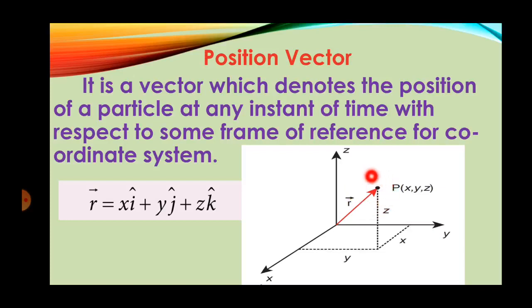So now the position of the particle at a point P along the x, y and z components. Now at a distance, place the position vector. This is the distance along the x component, this one is the y component and this is the z component. Are you clear, children? Okay, this is the position vector.